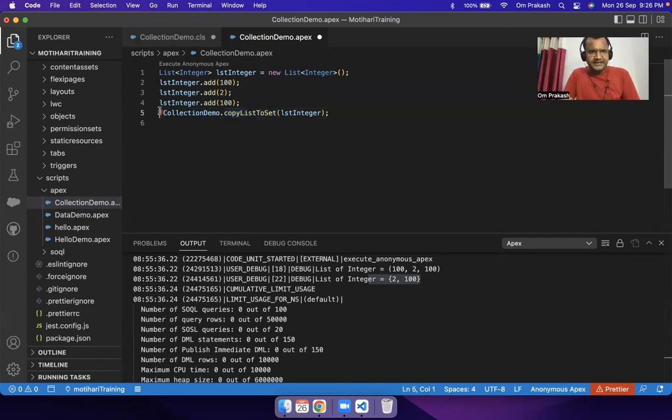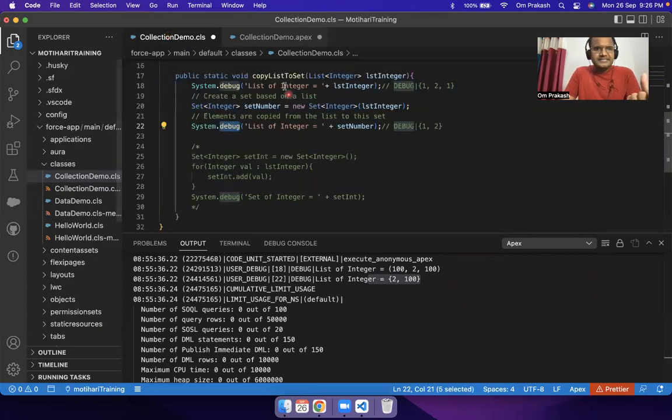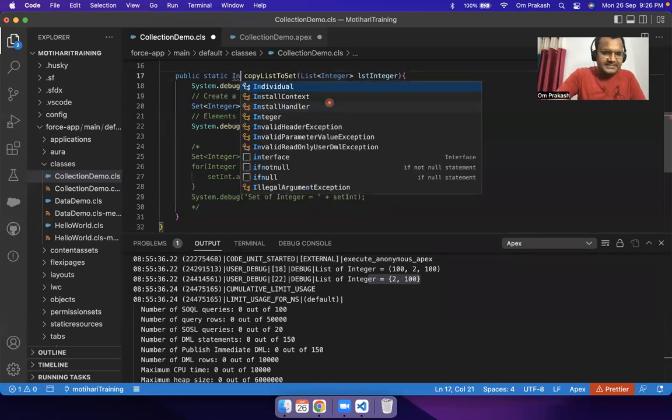Bring the set here, right? I want this method to return something to me. When I call you, you give me something in return. So this void means this method is returning nothing. Okay? If I add integer,